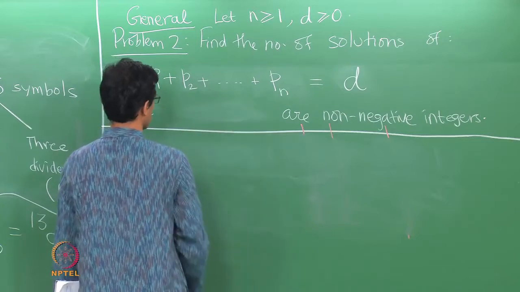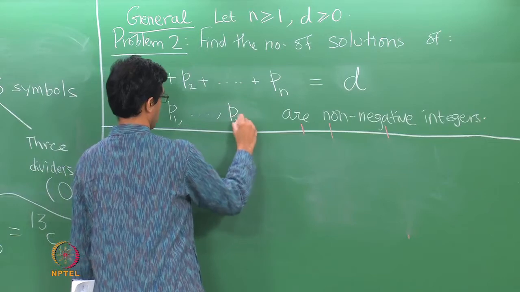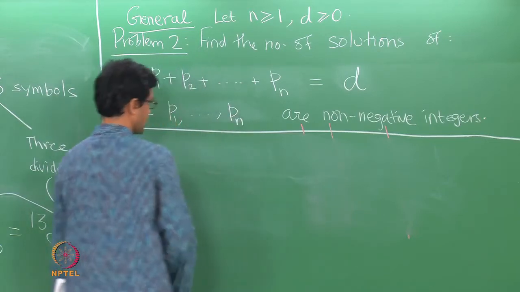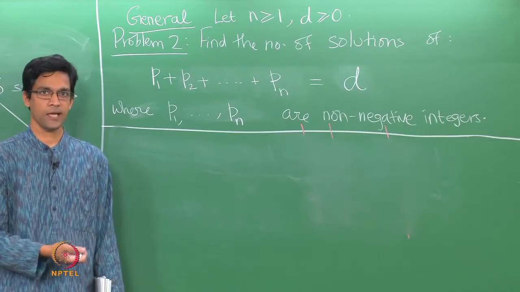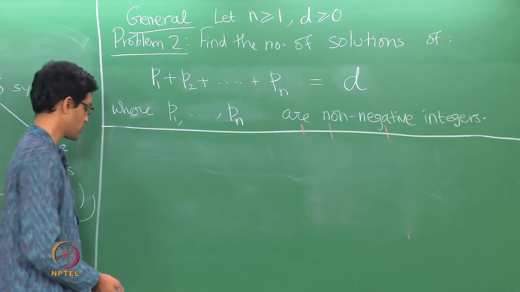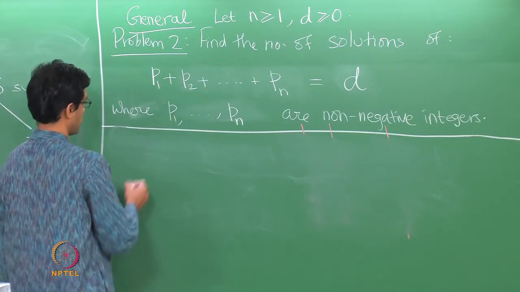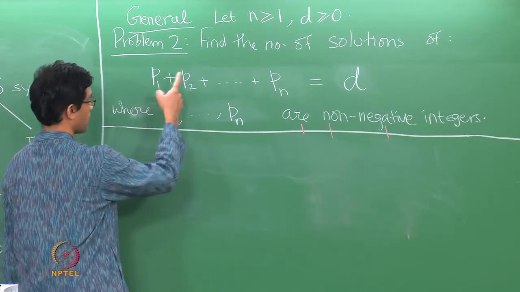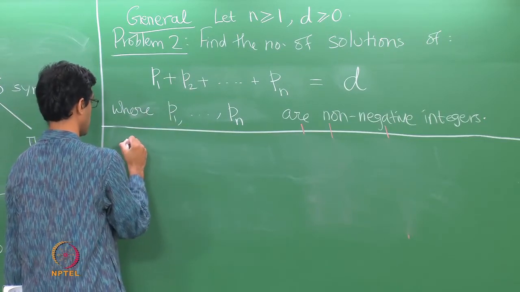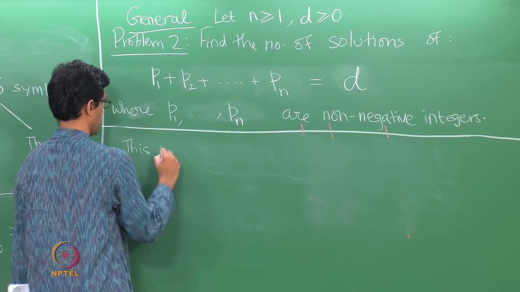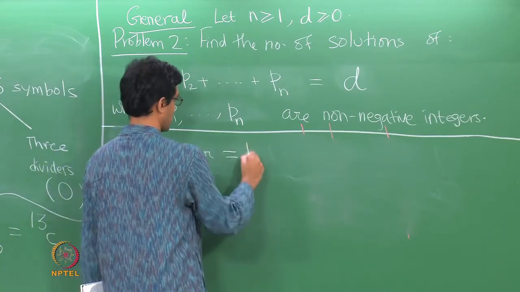So where the variables are required to be non-negative integers. And again the solution methodology is the same. What we will want to do is to encode every such solution as a string of zeros and ones. So the answer now is the number of solutions to this equation is the same as the number of strings